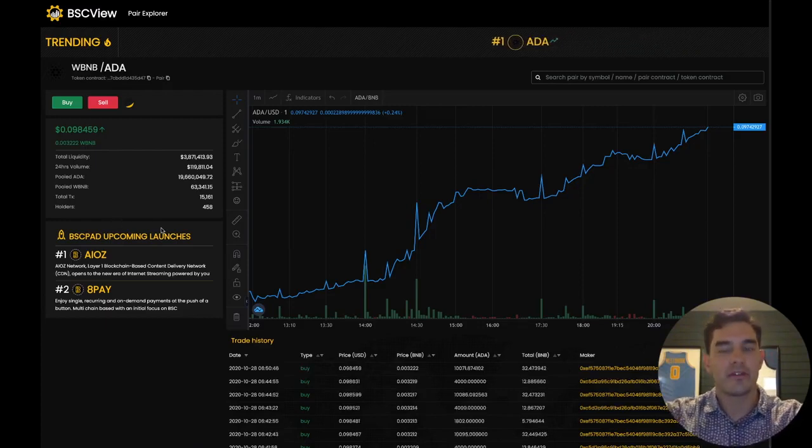All right, so this is a super cool feature as well. Obviously, we know the relationship between BSCPad and BSCView, a lot of the same people behind both projects. So this is actually going to serve as an incredible marketing tool for projects that are being launched on BSCPad. Right here, you can see that it shows you the upcoming launches that are going to be taking place on